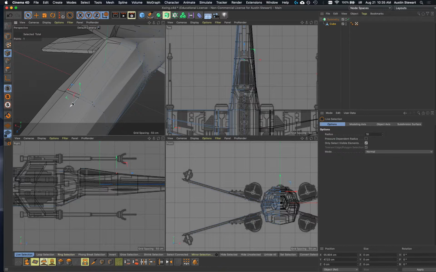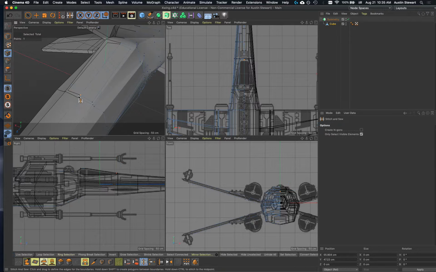I'm going to grab this one, and I might actually use slide in this case. So I'm going to use the slide. Oops, that's not the slide tool. I'm going to use the slide tool. I'm going to pull this down a touch, so that's more square. And I might be able to use the slide tool here. Let's see what happens. No, it wants it to either go on that point or that point, so I'm going to have to